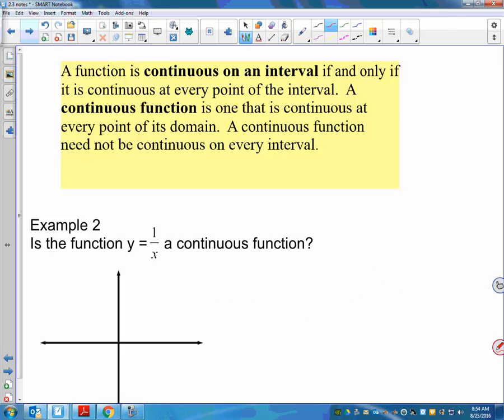A function is continuous on an interval if and only if it's continuous at every point of the interval. A continuous function is one that's continuous at every point of its domain. A continuous function need not be continuous on every interval. This is what I was talking about, how this whole